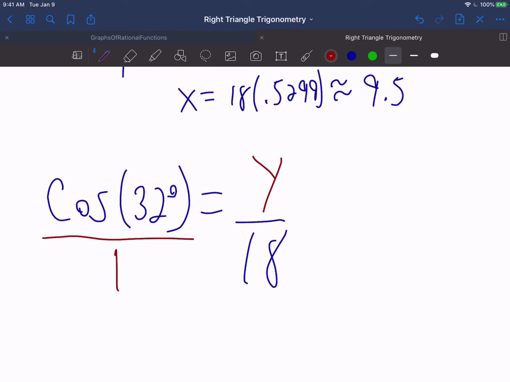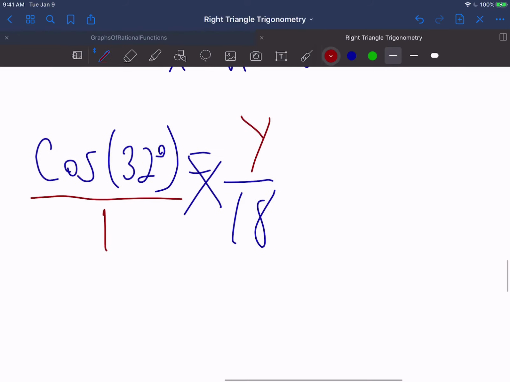Look, I have a proportion. Let's solve it like a proportion. I just need you to remember that this is a number and you treat it as such. So we're going to isolate y. We're going to solve for y. So I'm going to cross multiply. And what I get is y equals 18 times,